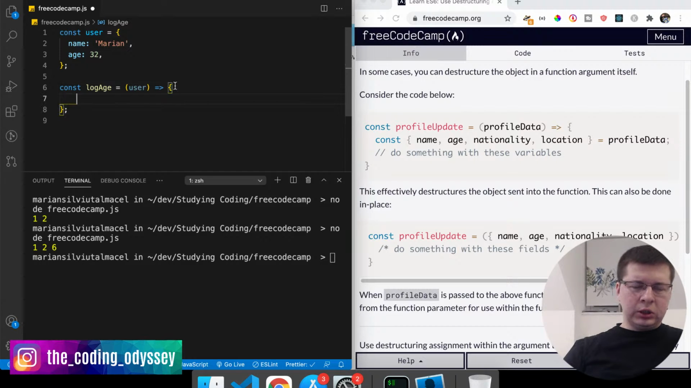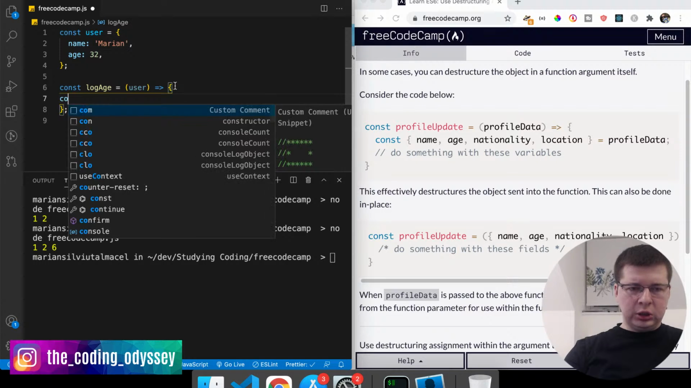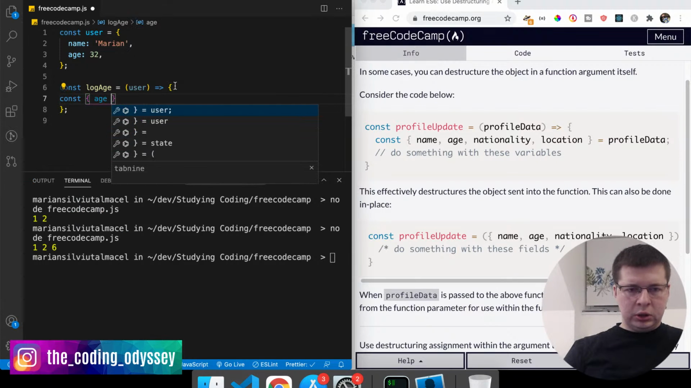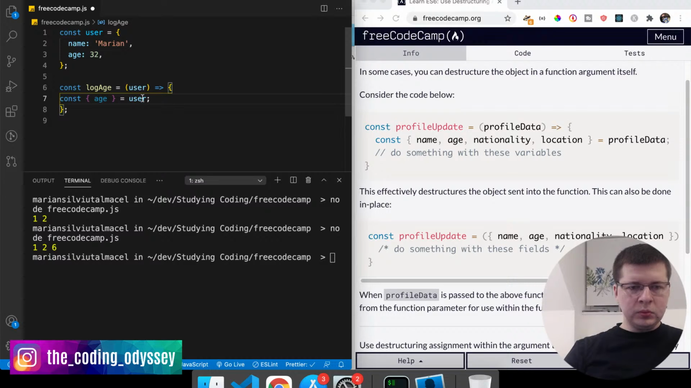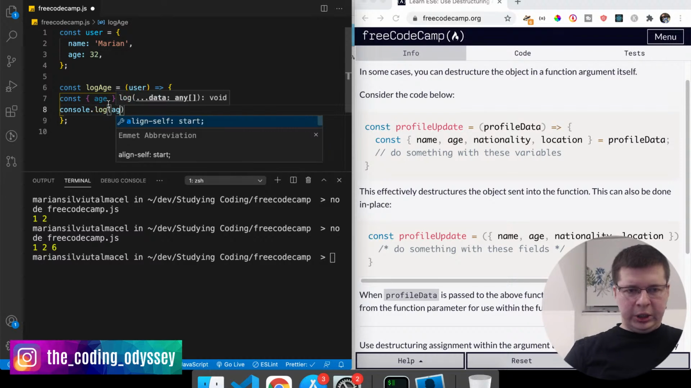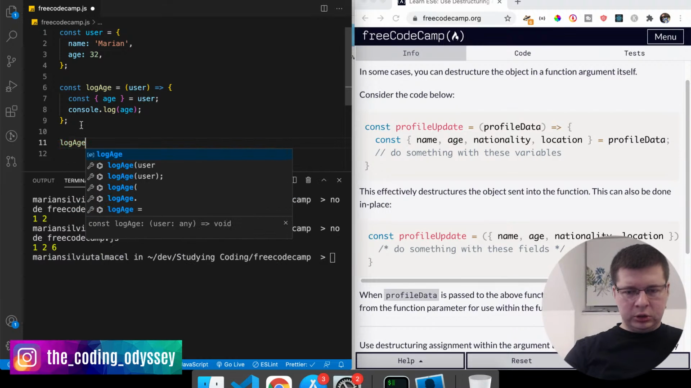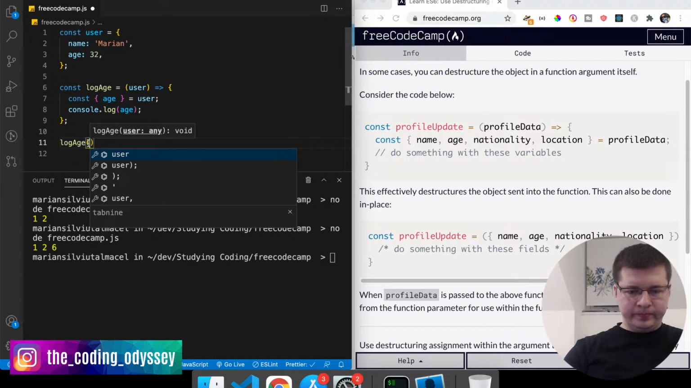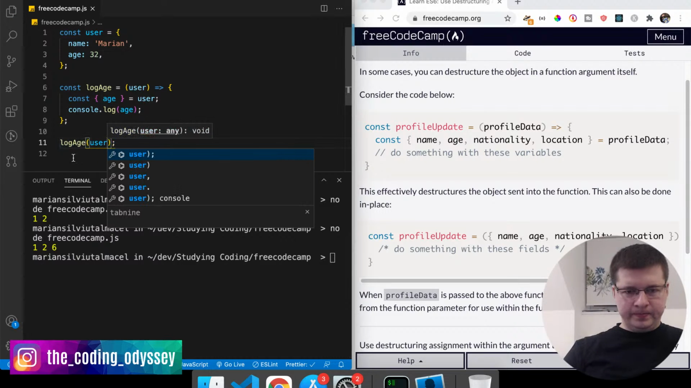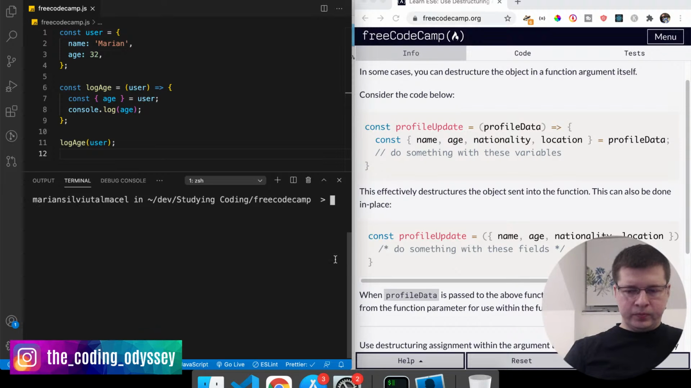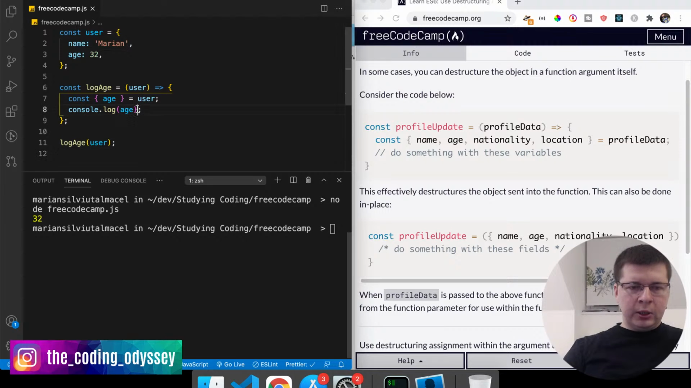So the way that might work, you would destructure the age here. You would say const age equals user, right? So you basically destructure the age into this variable, and then you say console log the age, right? So now if I run this function logAge with the user that we have here, we should get 32, right? Sorry about that. So we get 32. But this destructuring that takes place here can actually be done, instead of doing it here,